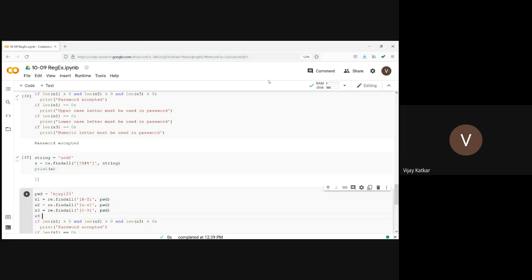Let's say x4 is equal to findall. There should be few special characters like a hash, @, dollar. These are allowed special characters in a password. Others are not allowed. Let's say it is hash dollar @ something like this. So how can I write everything in one line?